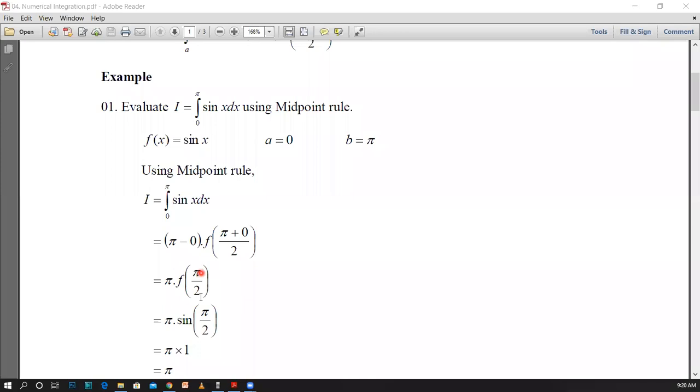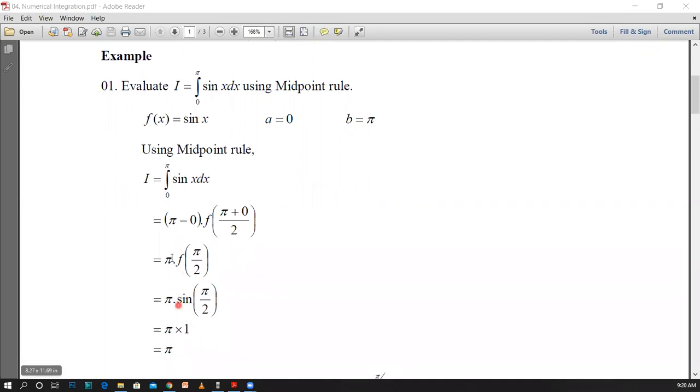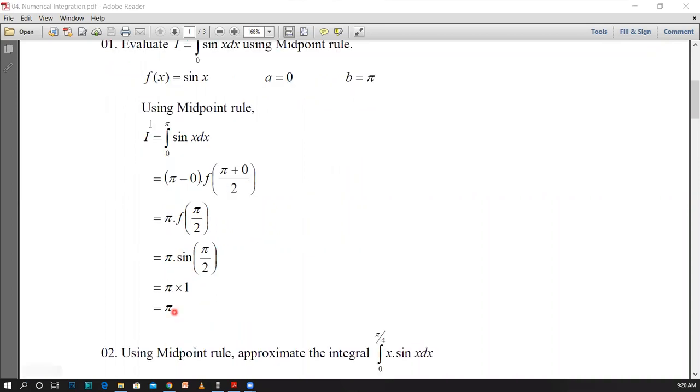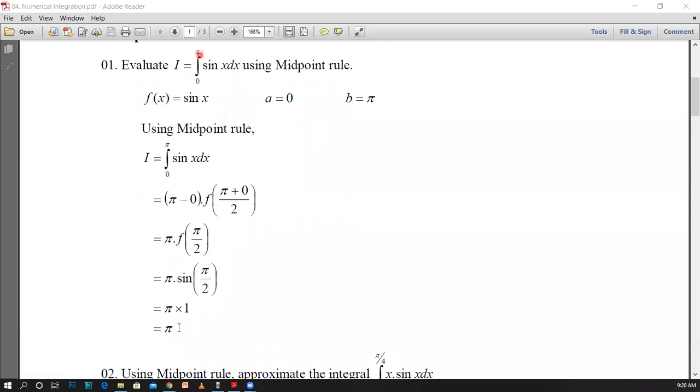Now what you have to do is substitute this value in the function f. Here you have identified function f as sine. Therefore, in the place of x, you have to substitute 5 divided by 2. Then 5 minus 0 is 5. Then 5 times sin(5/2) gives you a value. Therefore, you can say that the integral of sin x in the region of 0 to 5 is equal to 5 sin(5/2). But I have taken this just as an example only, and if you look at this range, it is quite high.